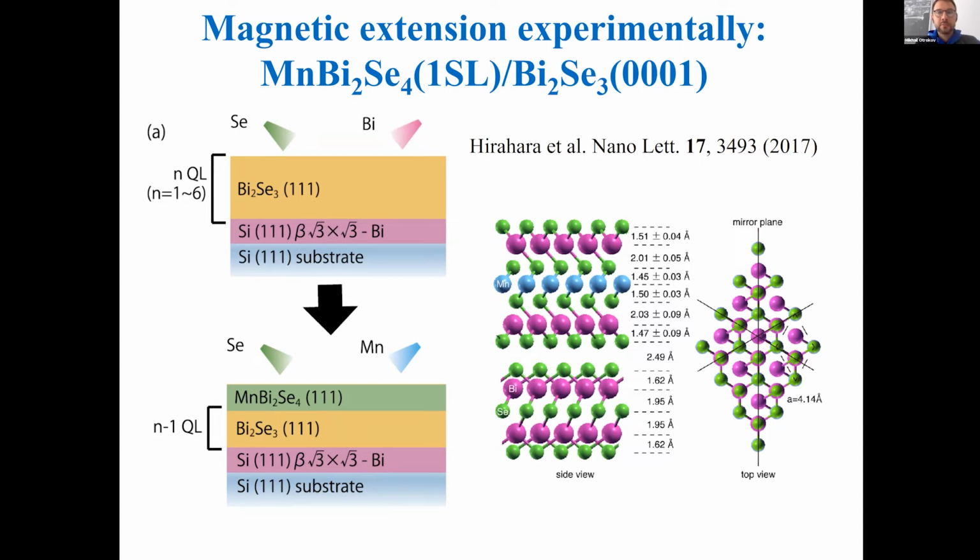Due to some self-organization process, manganese and selenium atoms do not stay at the surface, they rather penetrate inside, and a single septuple layer is formed of the MBS composition, as was confirmed by the analysis of the LEED, low energy electron diffraction,